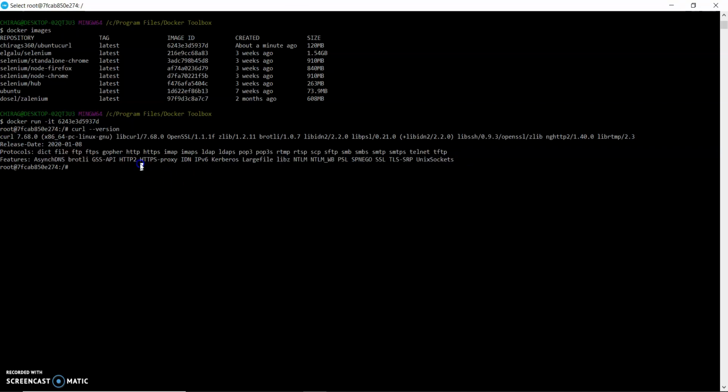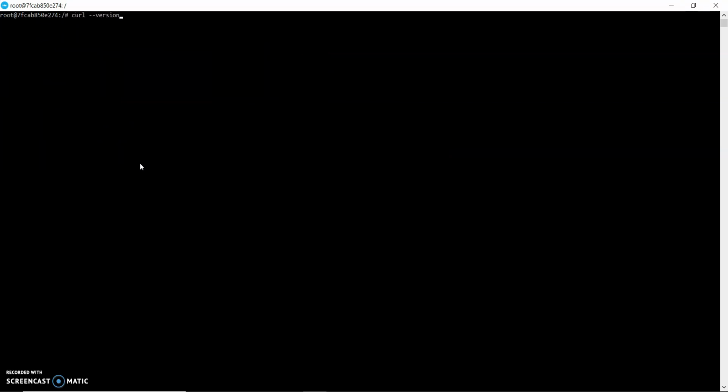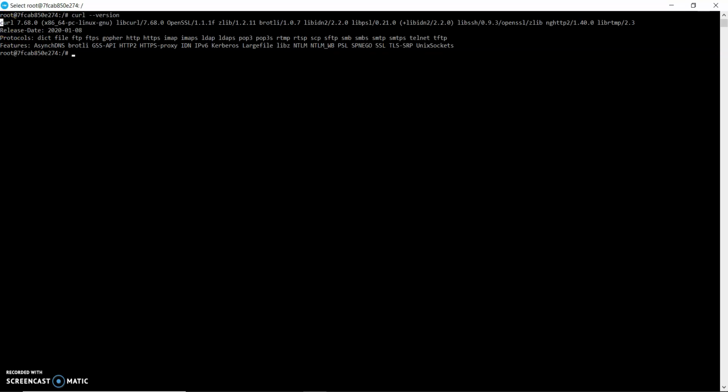So this is the way we can build our image. If I want to clear this text and see the curl version again, you can see the curl version has been displayed here.